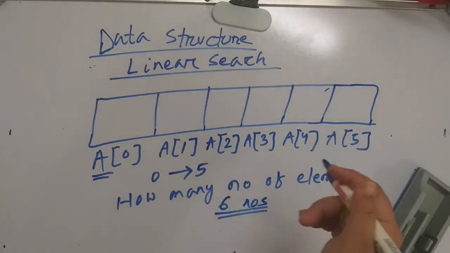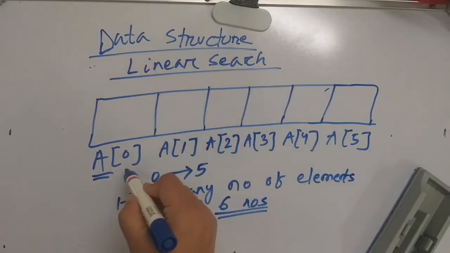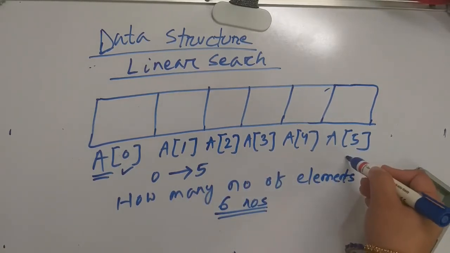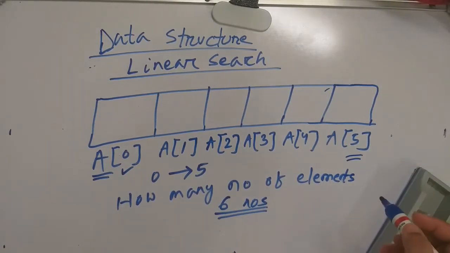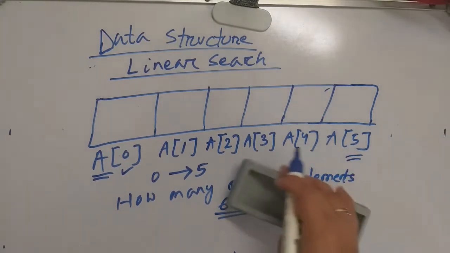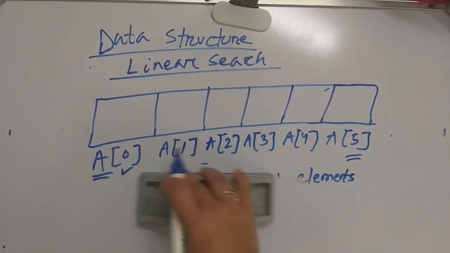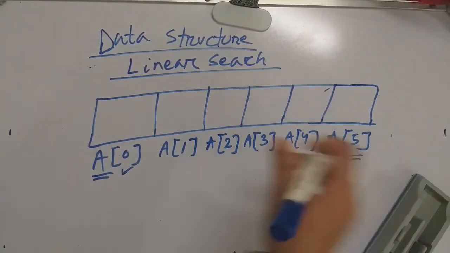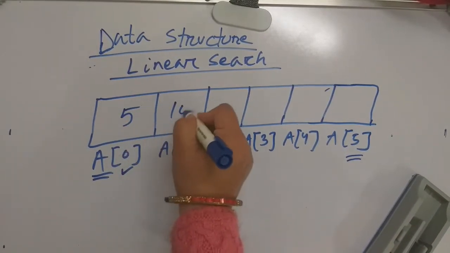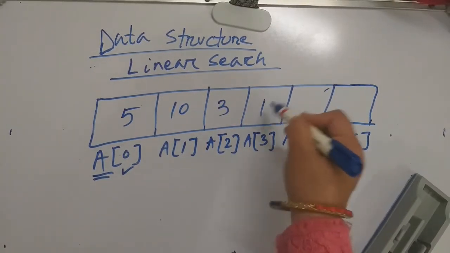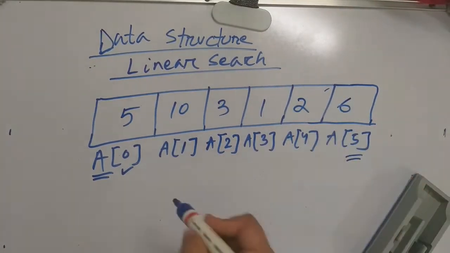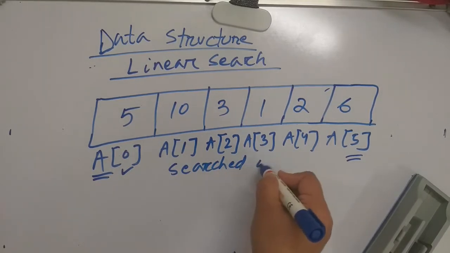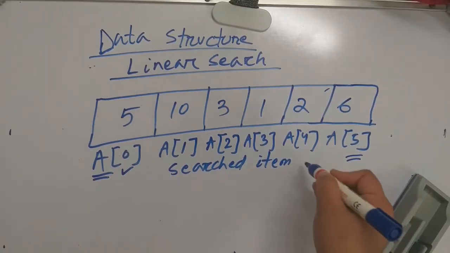Okay, so why are we writing like this? Because array indexing starts from 0: 0, 1, 2, 3, 4, 5, and here 6 elements are there. Okay, so suppose for example the list is like this. Look at one example: 5, 10, 3, 1, 2 and 6. Okay, and the searched item given here is